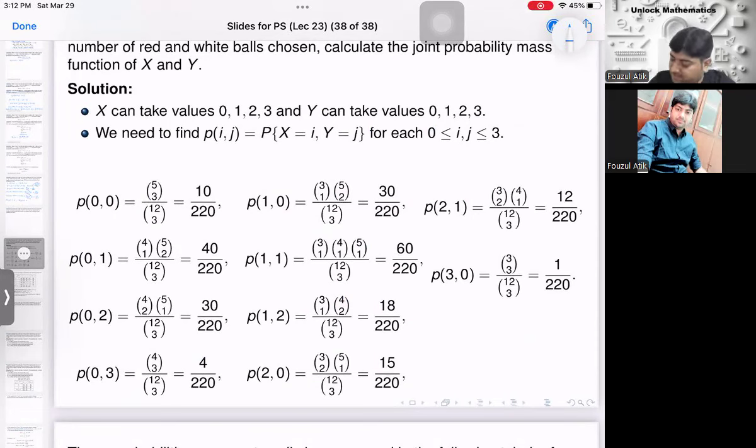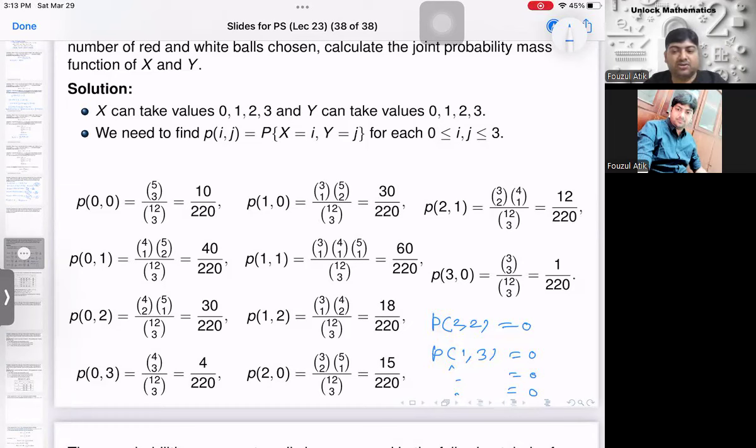And whenever the sum of the values is more than 3, like p of 2 2, this must be 0, p of 1 3 must be 0, p of 3 1 must be 0, and so on, all are 0, right? Other values are these, so you can just verify your answer with this. But to write down the probability mass function in this way is not looking good, or it is